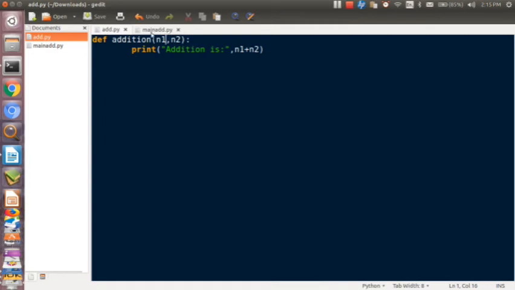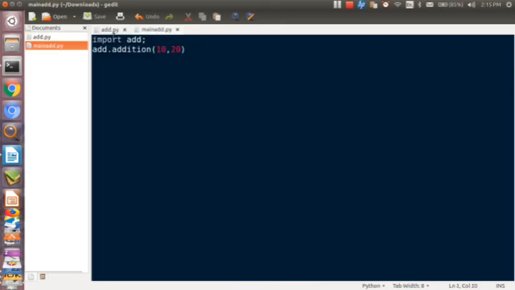Suppose we need to change this module name, add. How can we change it? When we are importing, at that time we can change it to another name.